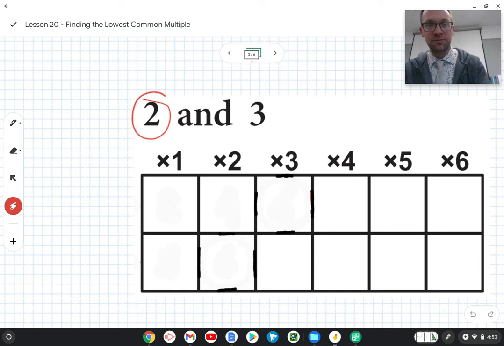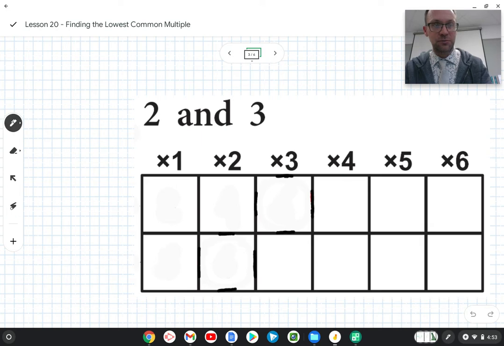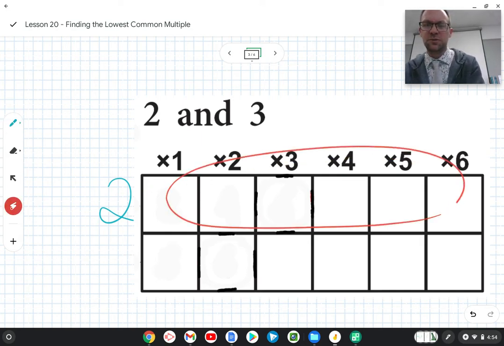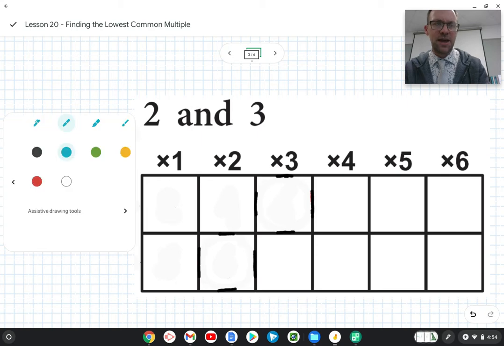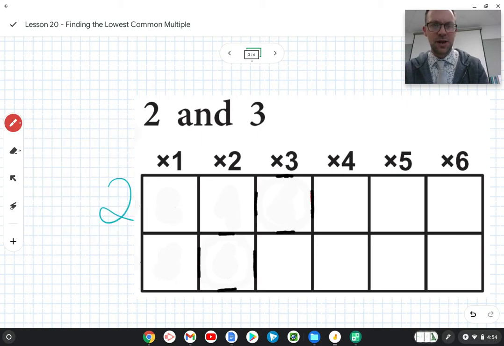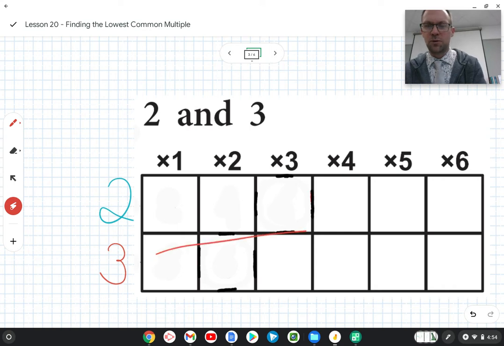Well, we have two numbers. Here we have 2 and 3. Okay, so I'm going to use blue for 2, and I'm going to write the number 2 down here next to our first row. And it's here in this row that we're going to record multiples of 2. Okay, and I'm going to use red for the number 3, and I'm going to take our number 3 right here, and I'm going to bring it down and write it next to our second row, where we'll record multiples